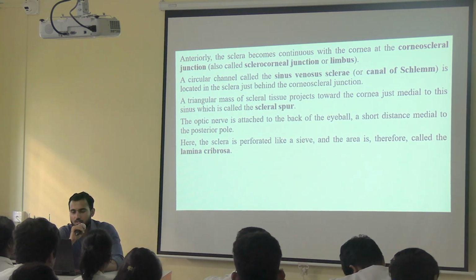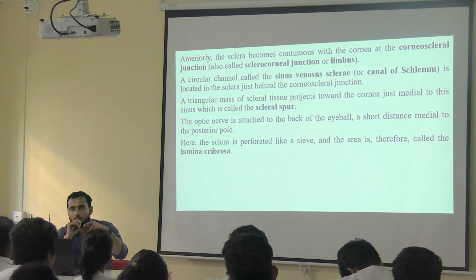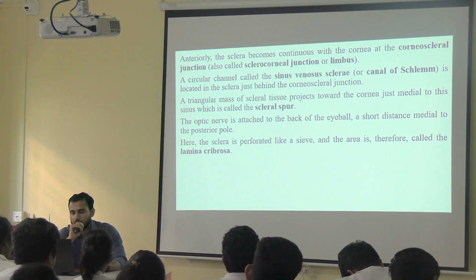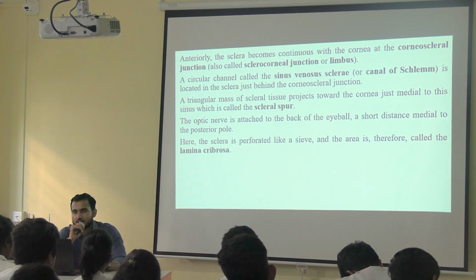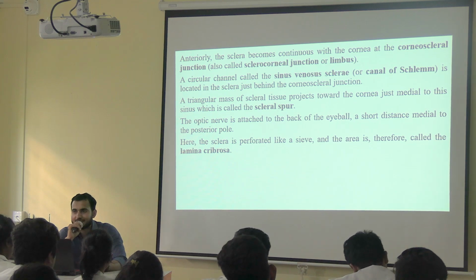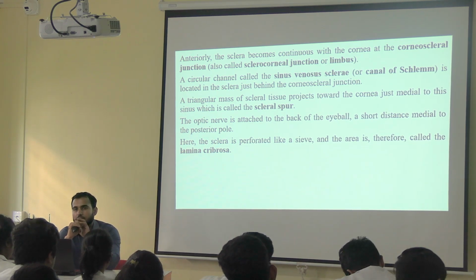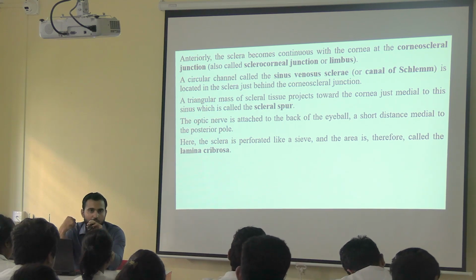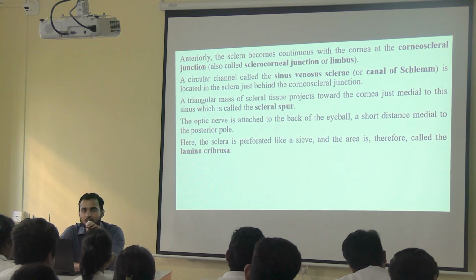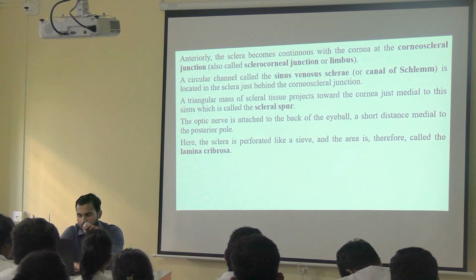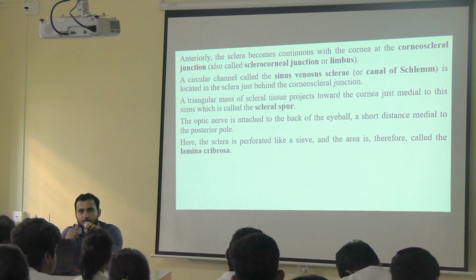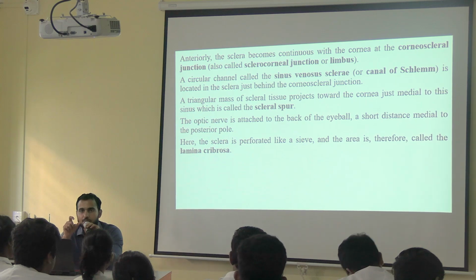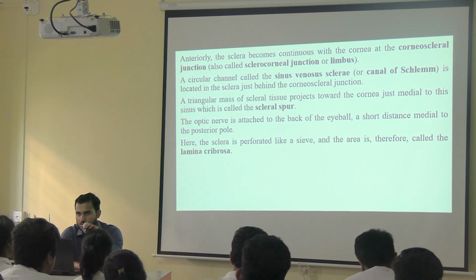Next, the optic nerve. Okay, the optic nerve is very important. It is attached to the back of the eyeball. Here the sclera is perforated, just like a sieve, by the optic nerve. The fibers of the optic nerve have to pierce the sclera to come out of the eyeball. After piercing the sclera, it comes out. The area which is pierced is called the lamina cribrosa. Okay,